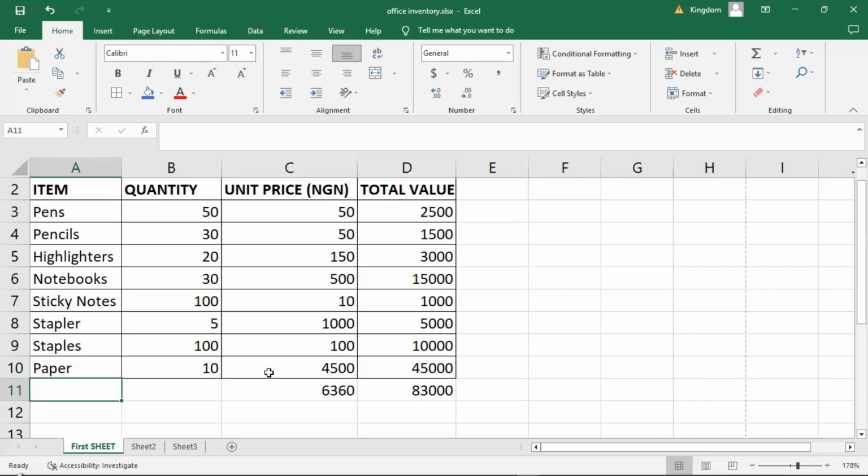All right, we are rounding up this section. We have limited time. I have been warned that the time is running out. So I'm just going to put total here. And this total is going to be total for unit price and also total for